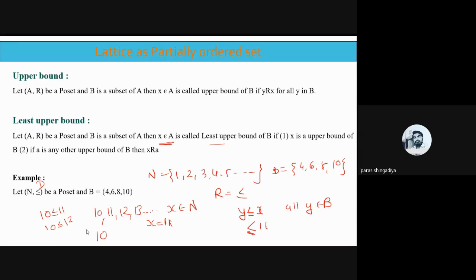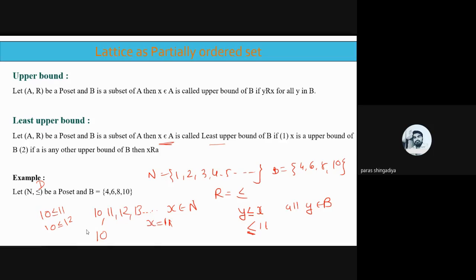Okay, x in A is satisfied. So we can say that 10 is the LUB, meaning the least upper bound. Clear? So this is where we can identify the answer of the LUB and GLB, the upper bound and the lower bound. And now let us consider another example based on the divide relation, and let us check the answer of the divide relation.